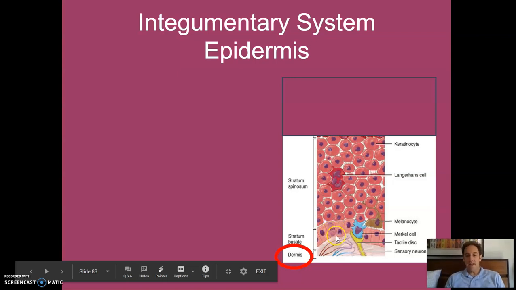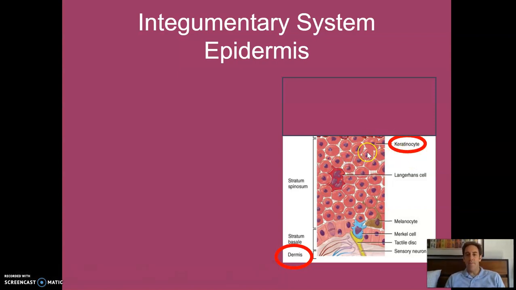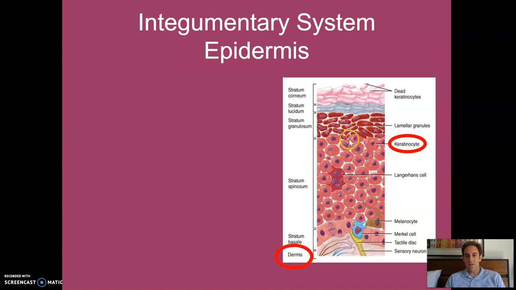So these cells are dividing, and as they divide, they push out on this outer layer of cells. These cells start producing a protein called keratin, and the keratin sort of becomes more and more prevalent in the cell until eventually the cell literally becomes so clogged with keratin that it dies. And so once it dies, it kind of shrivels up, and this outer layer of cells are basically just dead cells filled with